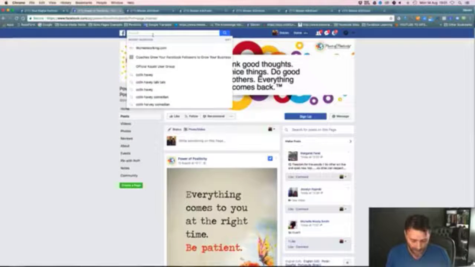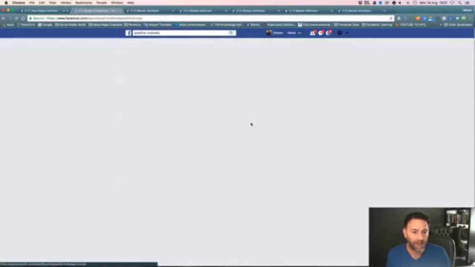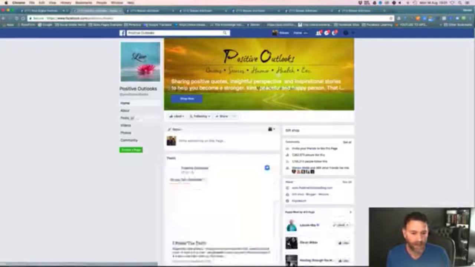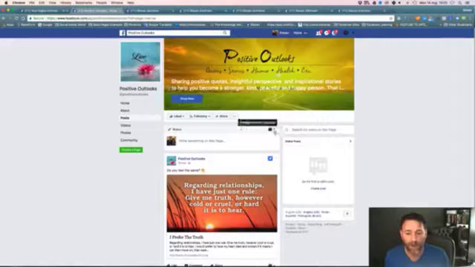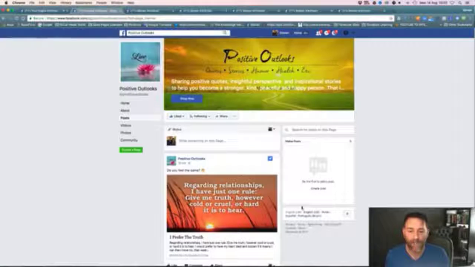Who else? Positive Outlooks. Have they got one? So they've not got one. So you can see on Positive Outlooks, if you were to post in here, like we did on Women Working, it would not show up there, and nobody would see your post because they've not got it enabled on their page. So you have to click on post first, to see if they've got it enabled,